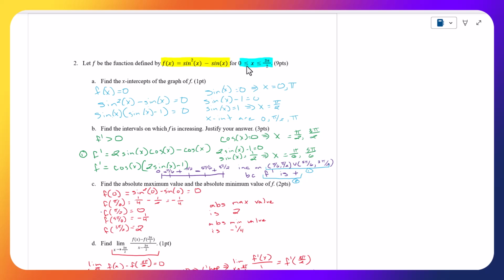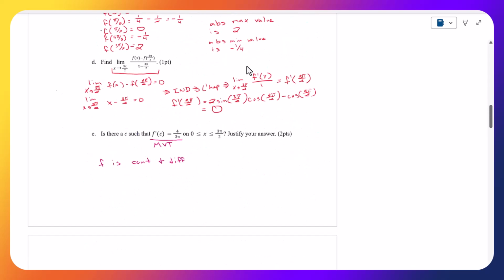I can broaden it and say it's just continuous and differentiable because it is continuous and differentiable at every single point. So me saying it's continuous and differentiable implies that it's continuous on the closed interval 0 to 3 pi over 2 and differentiable on the open interval 0 to 3 pi over 2. So if you don't have to restrict yourself to that interval when you're using your theorems. If it makes you feel better to write it out every time, you can, but just to save myself a little time. And then we're going to say,